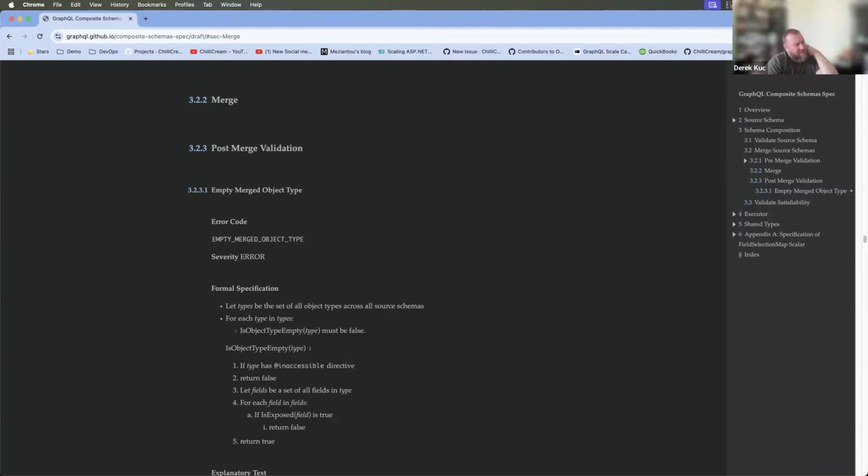So Shane, it's a good call out. There are different classes of directives. I've been thinking about it recently. Just having the executable versus schema directive distinction is not granular enough. But the ones that we are discussing right now for the composite schemas all fall into the same category of extra metadata for the composition per se.